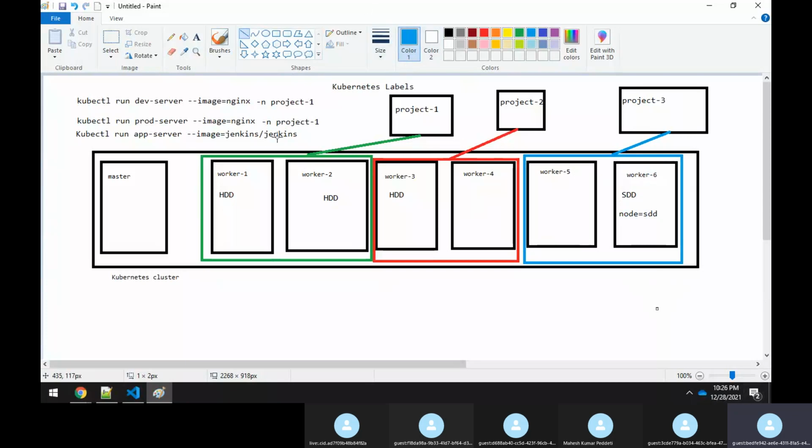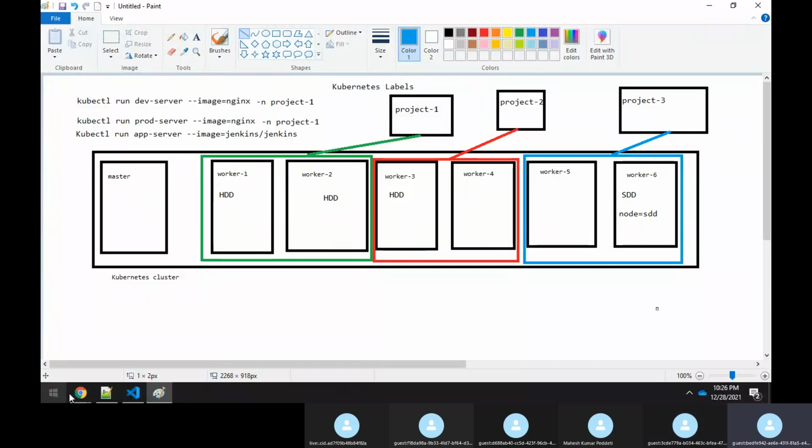Whenever you want to run particular pods, you can set a label and specify the label while running a pod itself, so that that particular pod will get created in that particular node itself. Earlier, it used to get scheduled anywhere because of the master node. Now you are instructing the master that it shouldn't schedule on just any worker node. It has to be scheduled onto a particular node. To do that, you have to set a label. Clear, sir? If we see the practicals, you will understand in a better way.